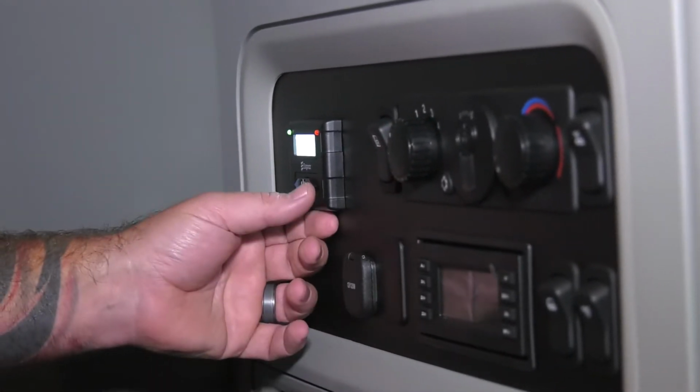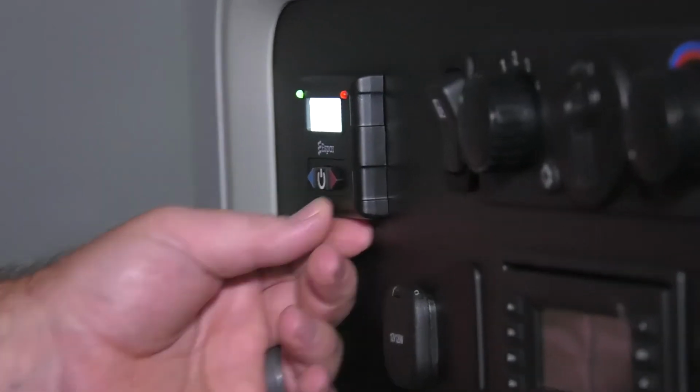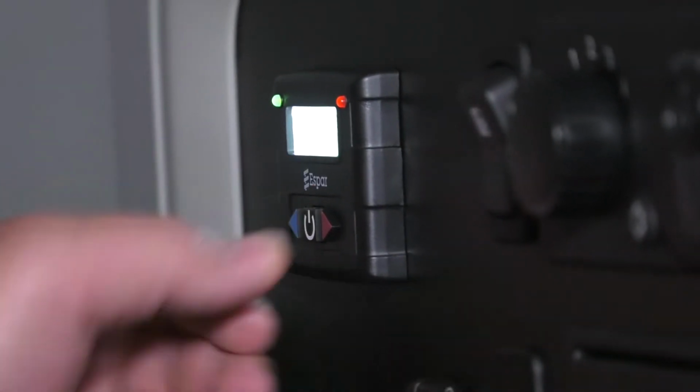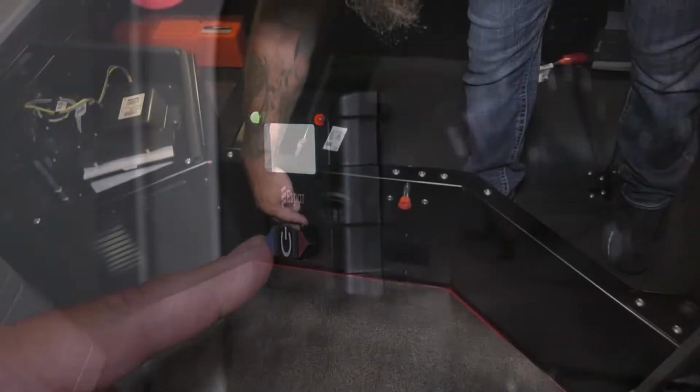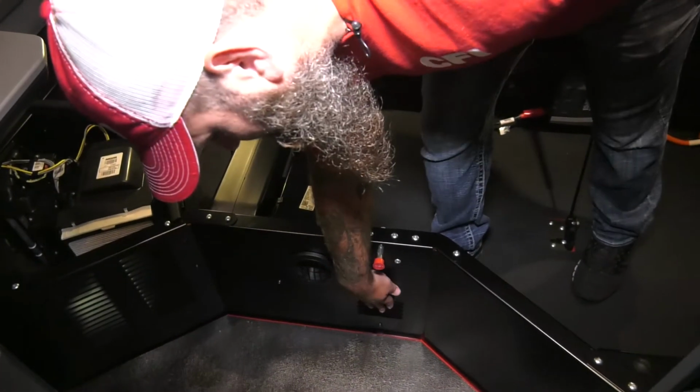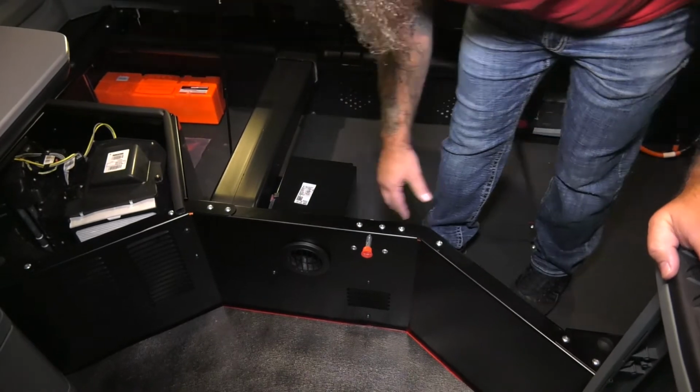All you have to do at that point is just hit these buttons here. This increases your temperature, this decreases your temperature. It tells you right here what you're setting your temperature at. Here's where the air comes out that's heated. This is the air inlet, which pulls the air in from the cab, so you can make sure this area